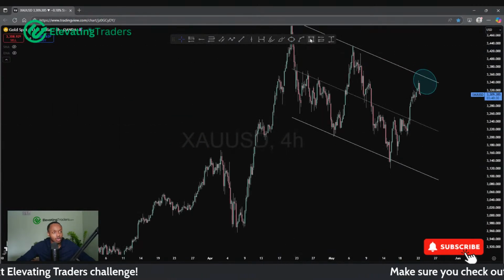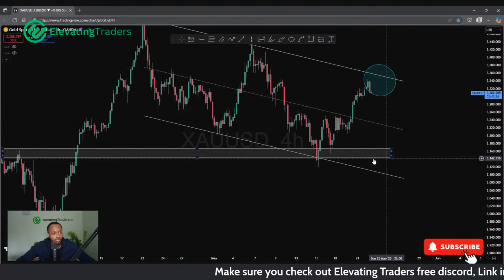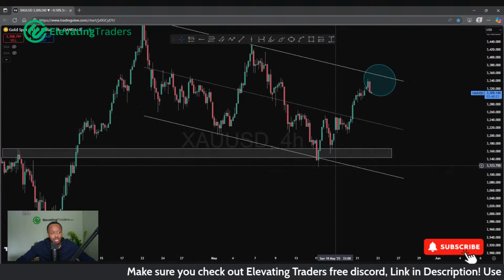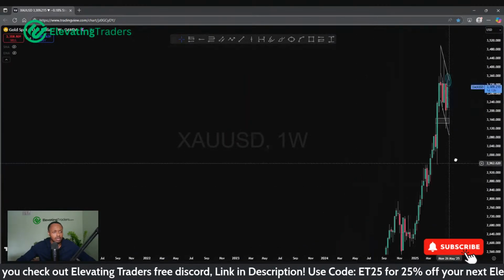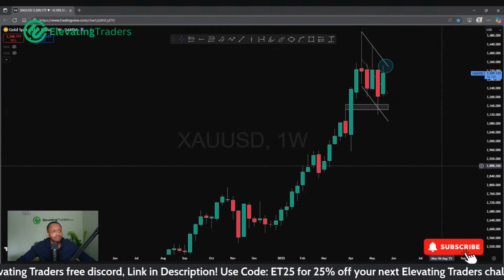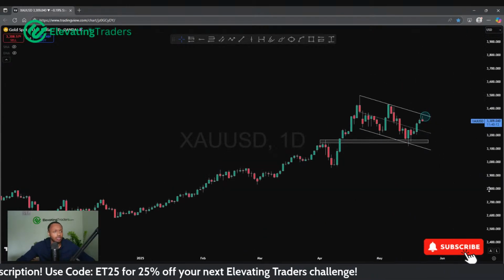I think for now, gold is very much still in a bullish market, respecting prior resistance turned support there. Of course, we came into the low end of the channel and did a really good job at respecting that area there. Last week, I believe, yeah, last week. This is the weekly chart, still looks pretty bullish to me. Daily chart looks pretty bullish to me.